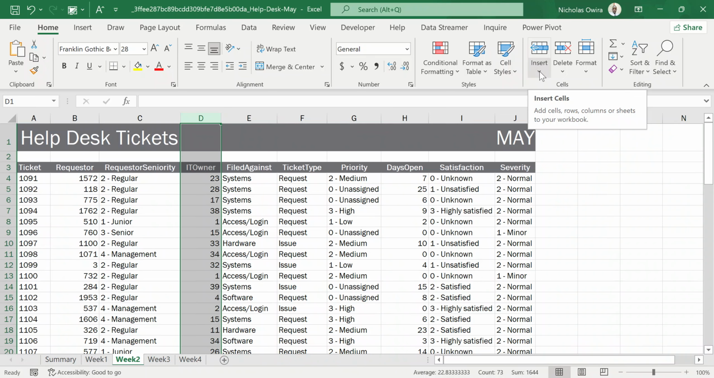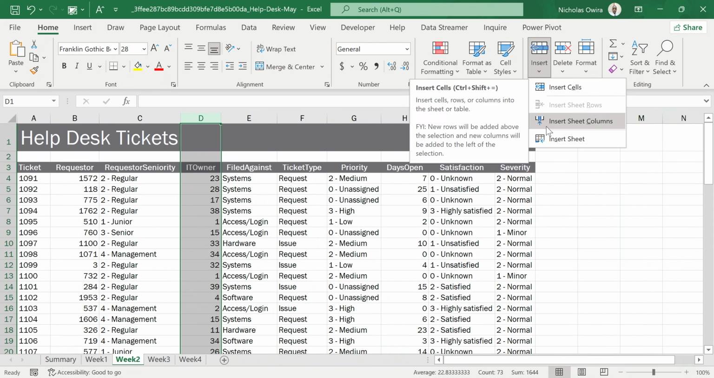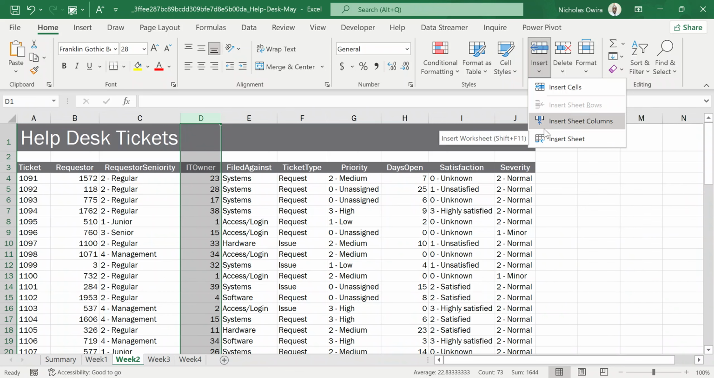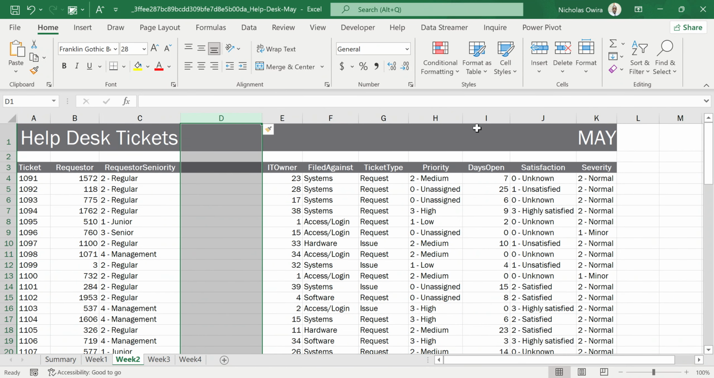Now, do not just click on that Insert button. Click on the drop down arrow so that we can choose from a number of options again. You click on that, you can see we have an option to insert a cell, an option to insert a sheet, and an option to insert columns. We want to insert sheet columns. So you click that, then you can see the data which was in column D has been shifted to column